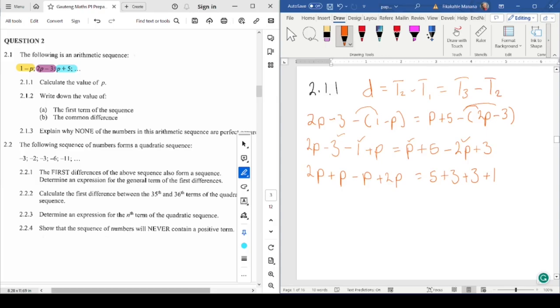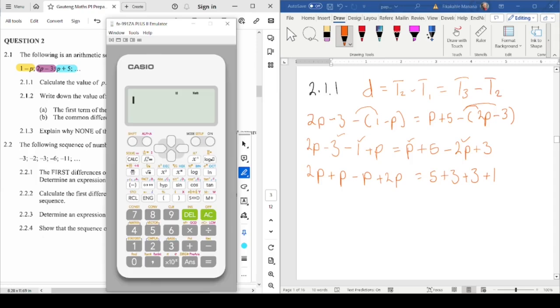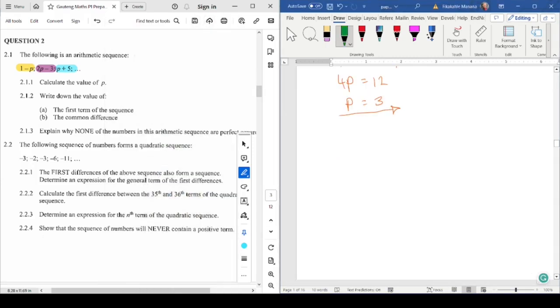Okay, now I know we can do this in our heads, and we probably should in matric, but I'll just use a calculator. So it's 2 plus 1 minus 1 plus 2. That's for the p's, right? So I get 4p. That's equal to this side. I've got 5 plus 3 plus 3 plus 1. And I got 12. Right. Now what's 12 divided by 4? That's equal to 3. So that's it. That's our final answer. Right. So